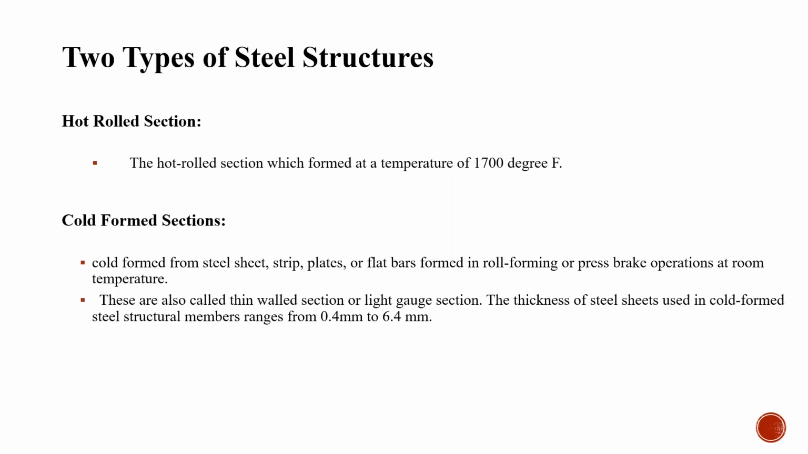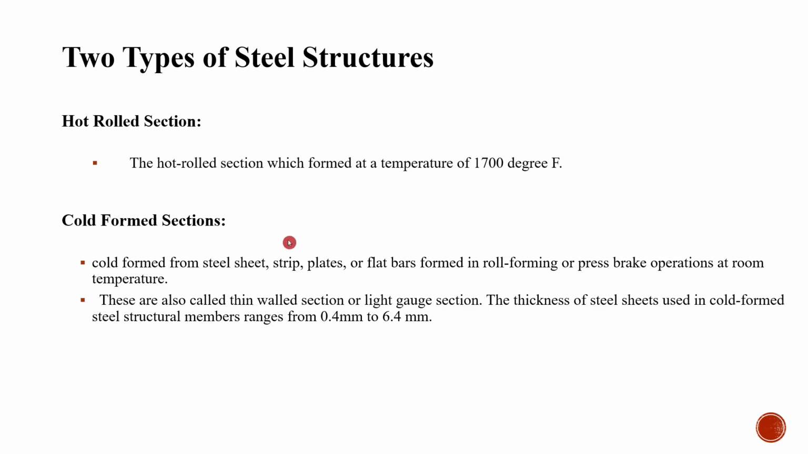Buckling of thin-walled open section. Generally, there are two types of steel structures: the hot-rolled section as well as the cold-formed section. As you know, the hot-rolled sections are made at a temperature of 1700 degrees Celsius,